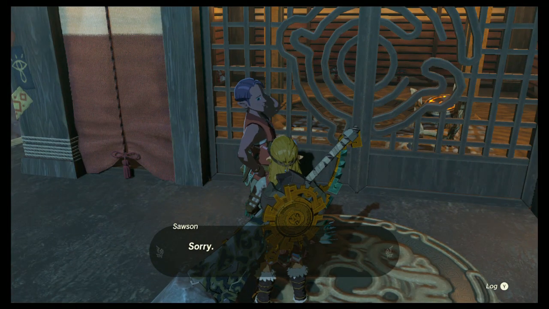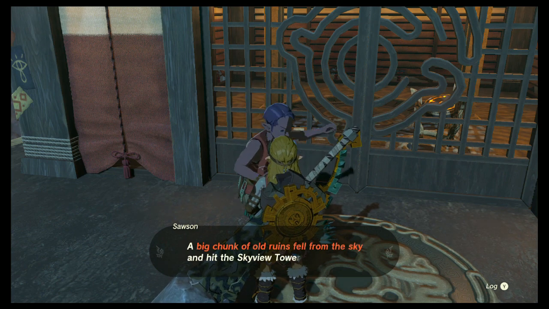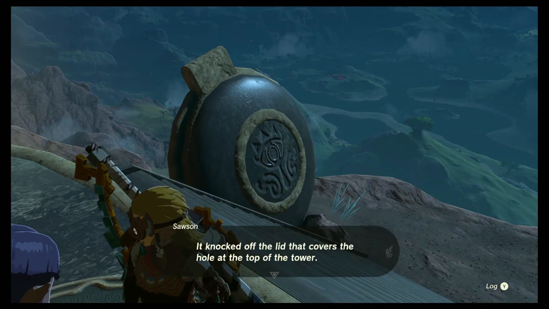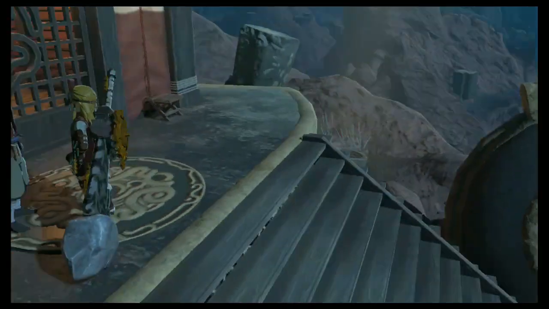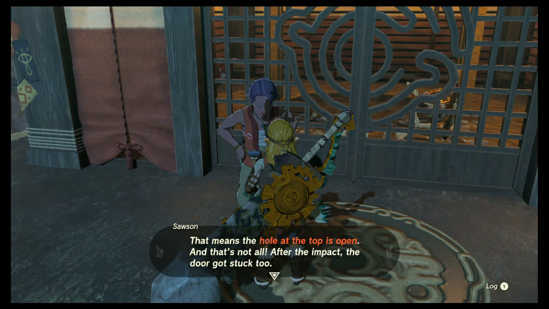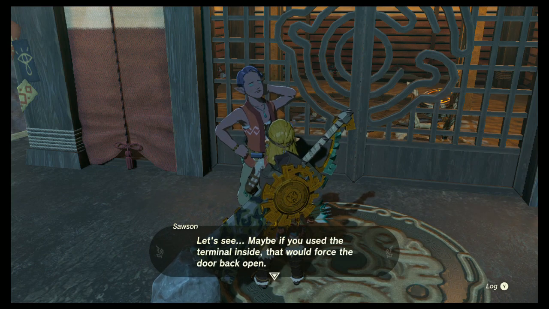Huh? Did you come to see the Skyview Tower? Sorry, everything around here is a bit of a mess. A mess? A big chunk of old ruins fell from the sky and hit the Skyview Tower. It knocked off the lid that covers the hole at the top of the tower. That means the hole at the top is open, and that's not all. After the impact, the door got stuck too. If you use the terminal inside, that would force...